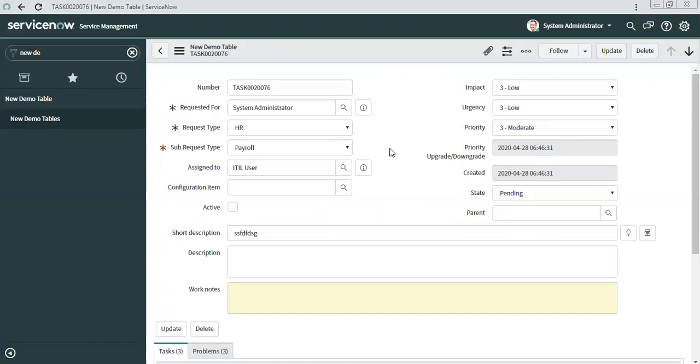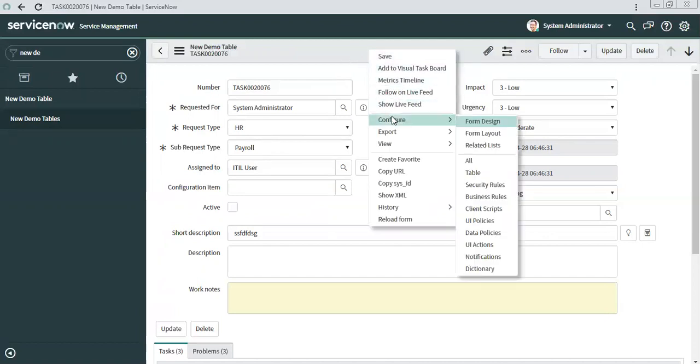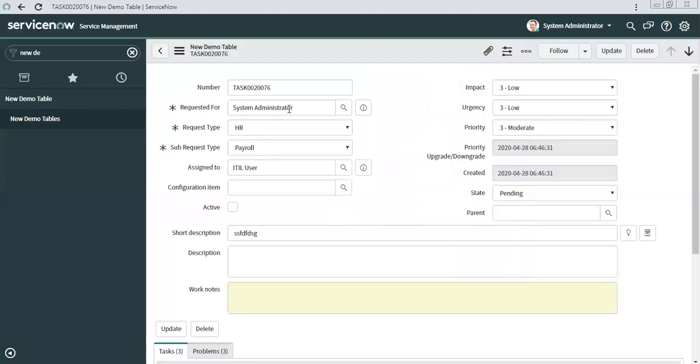There could be another piece of information which you would like to be pre-populated. Let's say I just want the asset of this user to be updated here. If I create a field here called asset of this user, meaning the computer assigned to this user, or any CI, those should get auto-populated.